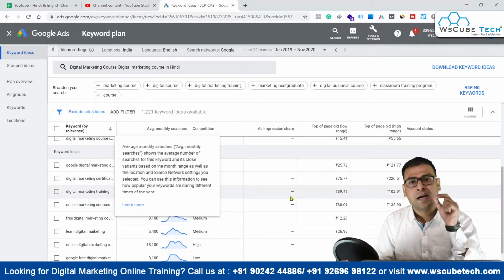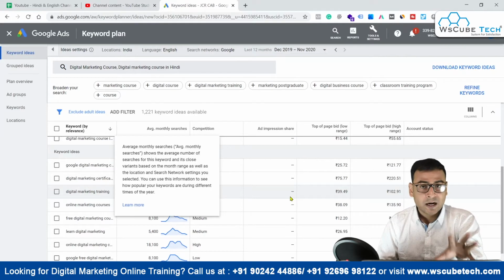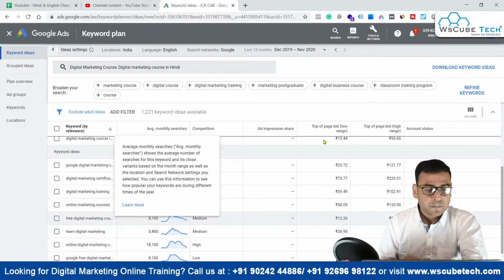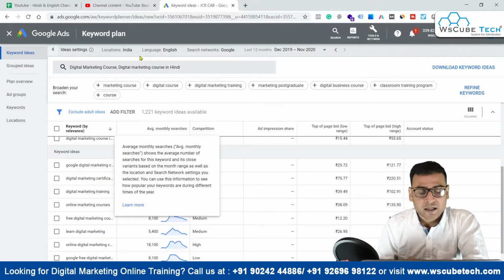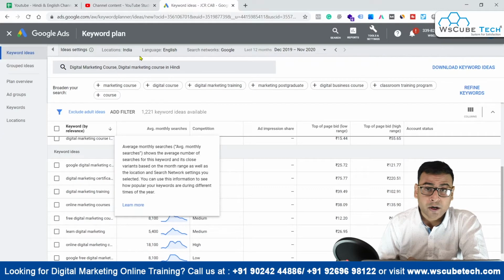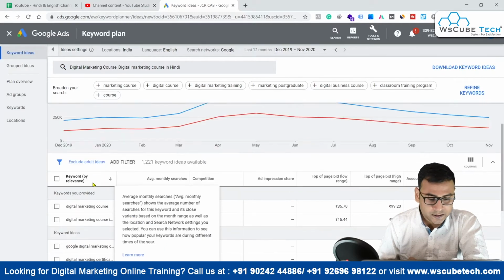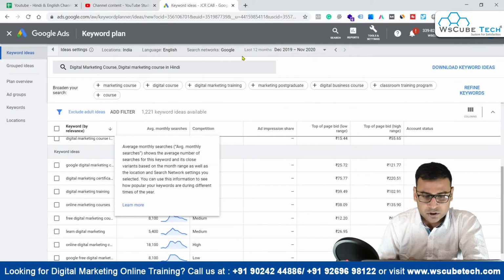Now the next thing that we have to make sure while we are researching about keywords is we have to check these options. So we have to make sure that all these things are absolutely correct and according to our requirement or according to our product or service what we are going to offer. So like location over here is India, that's absolutely fine, and language is English, that is again fine. Now search network, so on what network we want to study these keywords. So right now it's search network, which is Google. We will keep it as Google only.